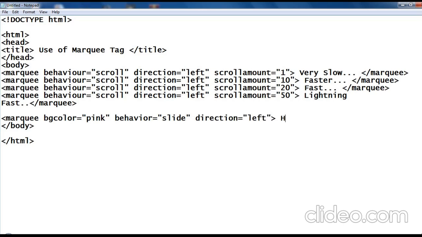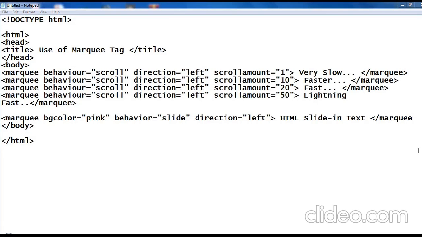Okay, so say the text is HTML slide in text, and close the marquee tag.